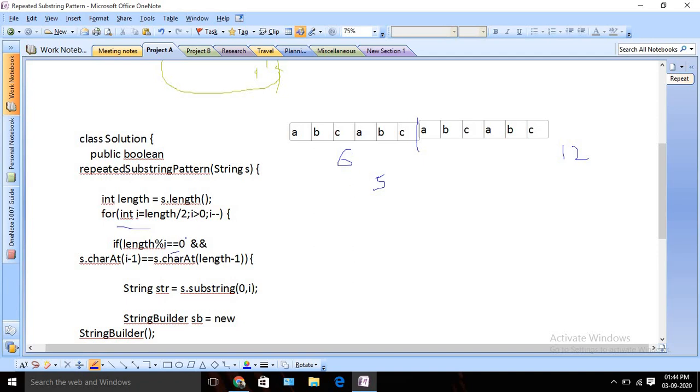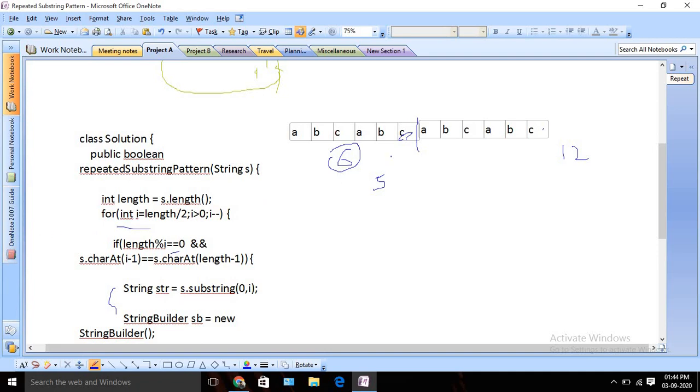Apart from that, for the next condition, when my substring size is 6, we are checking whether the last character is matching or not. If it is matching, then only we should consider it, right? If it's not matching, then why should I do this execution, the substring appending and all? That will increase the time complexity. So for the optimal solution, at first we are checking whether the remainder is 0. That means we can build the actual string using our substring length, and after that we are also checking that the last character of the substring and the last character of the actual input string are matching. If the characters are matching, then we can go ahead and execute our further logic, right?